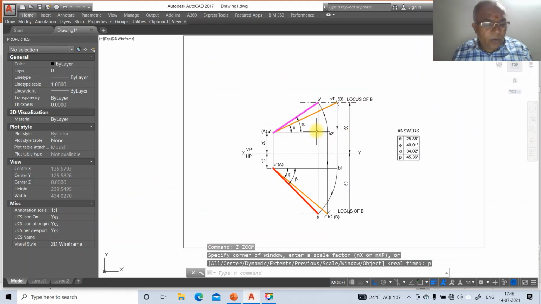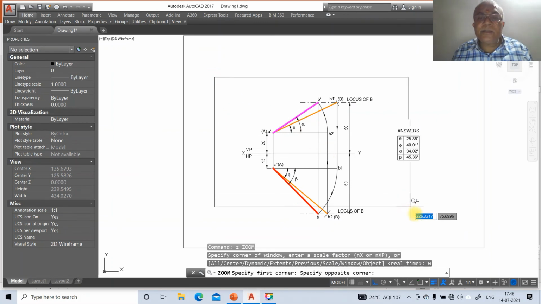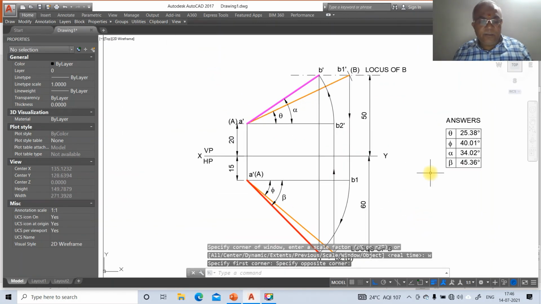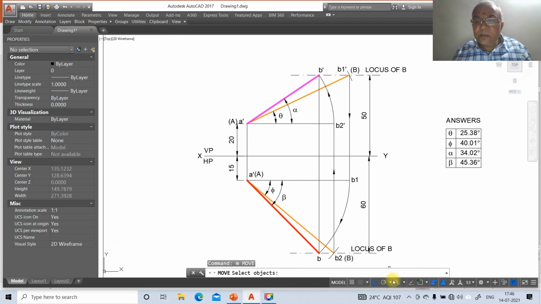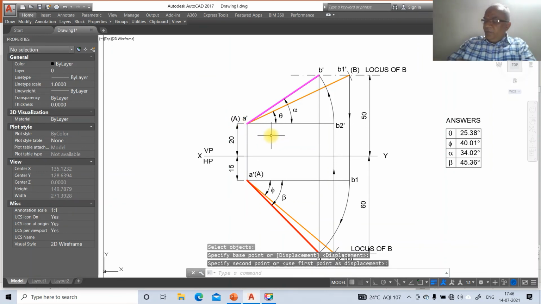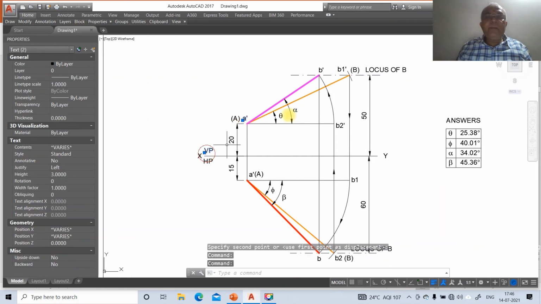Now we need to change all these things. To do that, first you just move this and place it appropriately. Now we want to take the front view. To take the front view, you click on this VP.